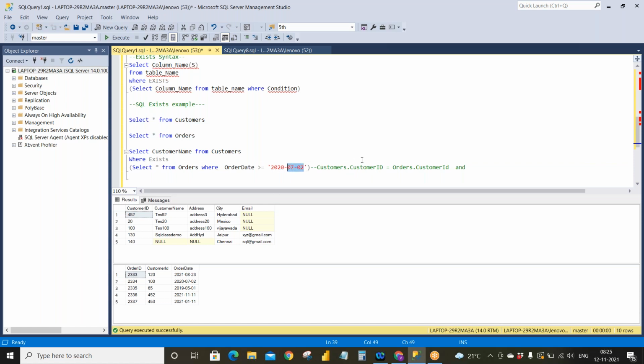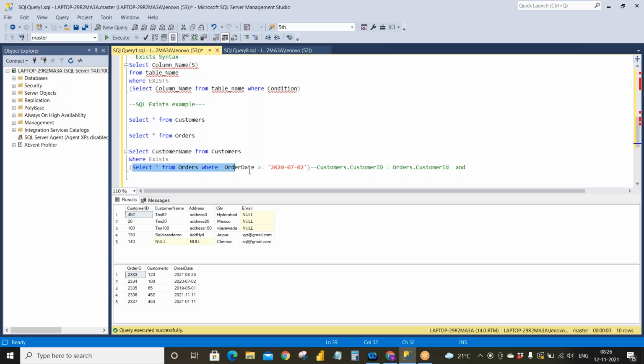So I want to know the orders which happened on or after July 2nd, 2020. This customer data is in the customers table and order date is in the orders table. So I just want to know if this data exists, only then I should get this customer data. If this data does not exist, that means if this condition is not true, then don't get me anything.